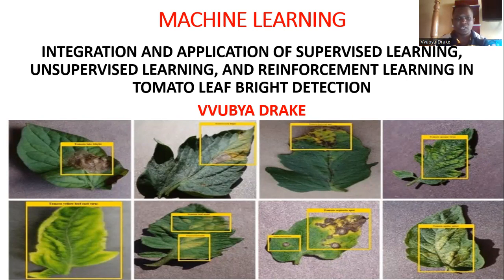I found a problem that farmers could not easily detect leaf blight. Most times they couldn't differentiate between leaf blight and other diseases affecting these leaves. So I came up with the idea to help these farmers detect leaf blight. There are many machine learning projects that have been made, but I've also decided to use my knowledge to carry